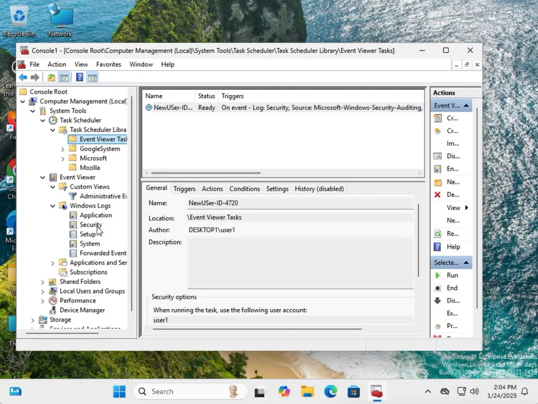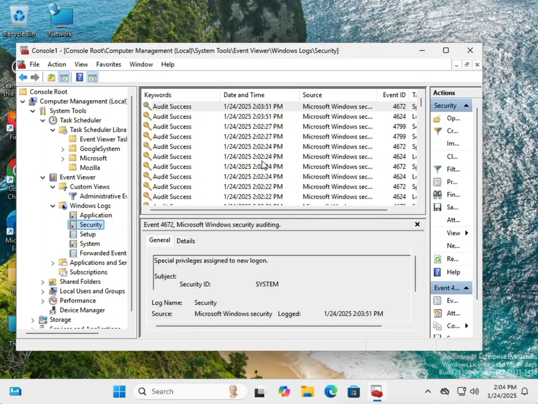The other thing that I want to mention is this. Let's say that you want to create an alert, or I should say a task, on an event that hasn't happened yet, right? As you could see, everything that you see here is there because it has happened. But let's say that you want to create a task on an event that hasn't happened. For instance, that somebody clears the event logs, because that's one of the things that attackers usually do. Once they connect to a system, they clear the event logs to erase all the tracks. So as you could see, you're not going to be able to select that from here,